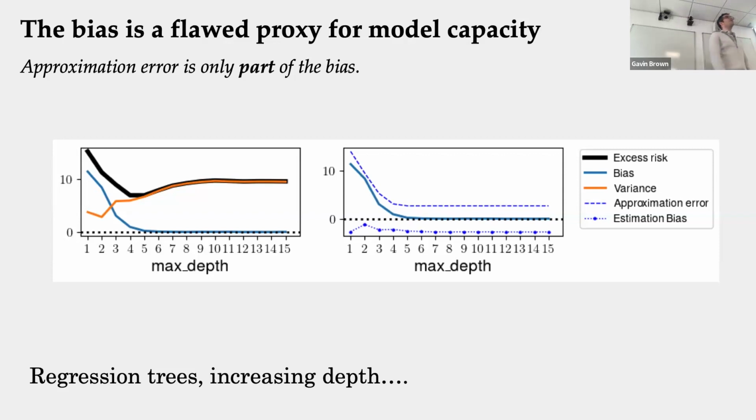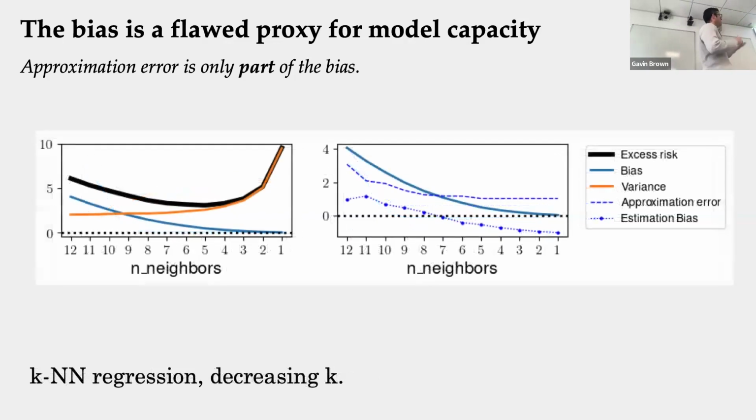Okay, so this is regression trees, as I said, but it holds much, much more generally. This is a nearest neighbor model. So in nearest neighbor regression, bias goes down to 0, variance goes up in the left-hand panel. Initially, a nearest neighbor model has positive estimation bias, then it goes down as the model gets more complex. So yeah, the dynamics of this are extremely strange. I don't know why or how you can prove when it goes negative.